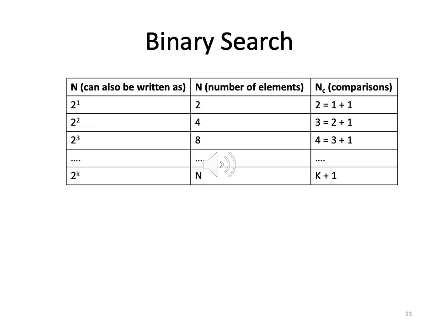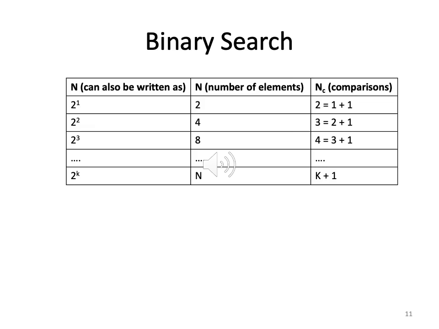So for n is 2, the first example we did, we had 2 comparisons. We can write 2 as 1 plus 1. And then for n equal to 4, we had 3 comparisons. We can write it as 2 plus 1. And if you do it for 8, we'll see in the worst case we'll have 4 comparisons, which means we can write it as 3 plus 1. Okay. So the idea is, can we see a pattern between n and nc?